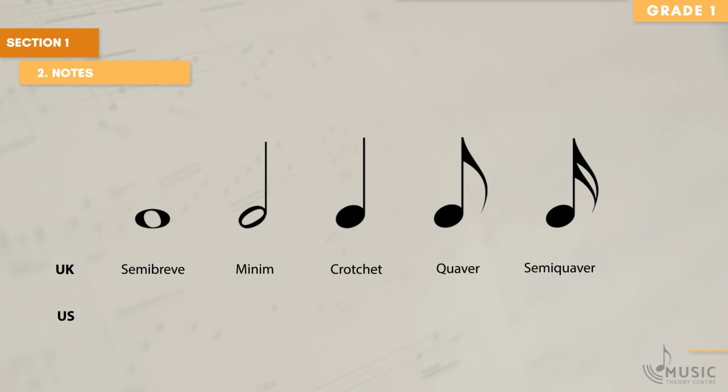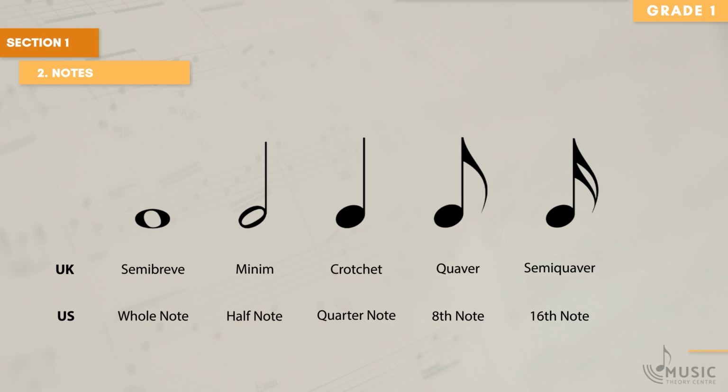The US system uses numbered fractional names, which are the whole note, half note, quarter note, eighth note, and 16th note. The US system is widely used in many genres, such as jazz or rock, even in the UK. I have used both systems, and it's worth being aware of both styles, so that you can easily communicate with other musicians in any situation. For that reason, I will try and use both styles throughout the course,